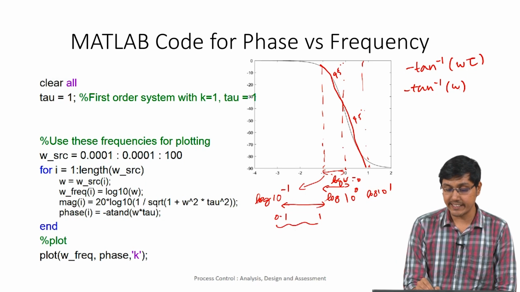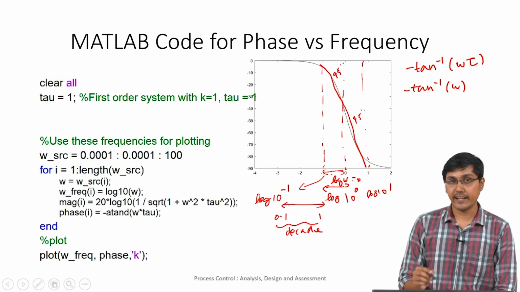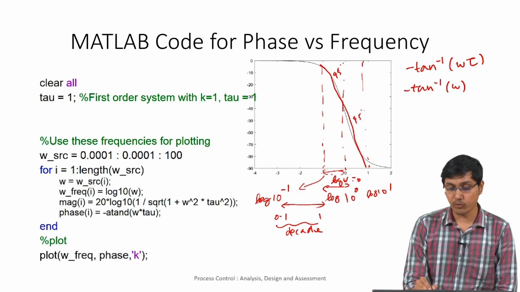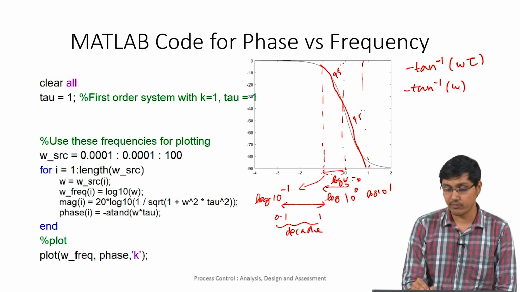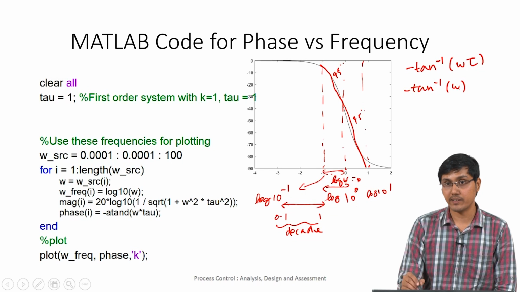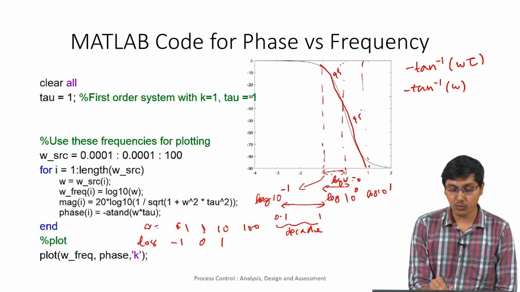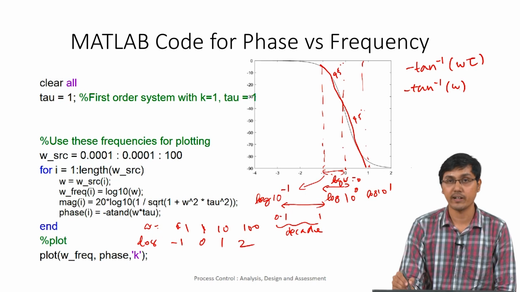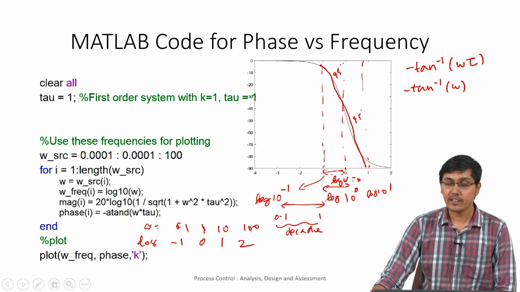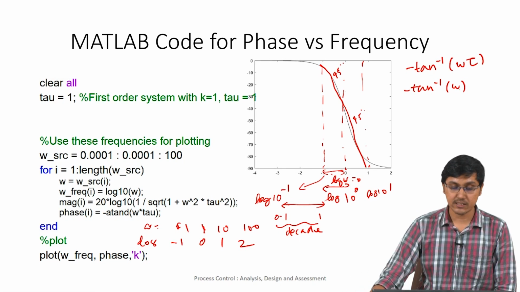This we call a decade: to get 1 from 0.1 we multiply by 10, and from 1 to 10 power 1 we again multiply by 10. So this is a decade. The units on the x axis are omega equal to 0.1, 1, 10, 100 etc. In logarithmic units it becomes minus 1, 0, 1, 2, and that is what this log omega scale is showing. This observation also you will be using a little later in this presentation.